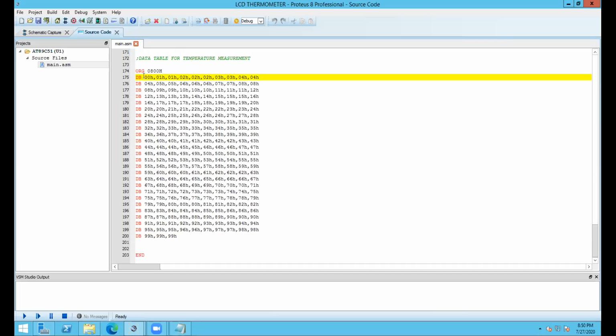So if we add the number 3 from the initial value, aren't we getting this one? This is 1, this is 2, and this is 3. So for 3 we have 1.